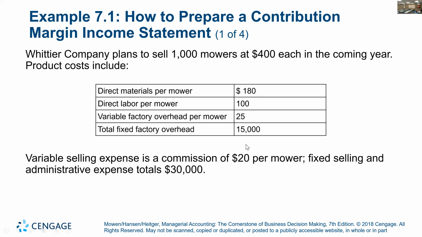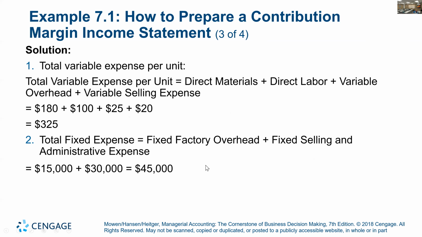So 900 plus 20, 110, $135 per mower in variable cost. We have to multiply it out by 1,000 to get our total variable cost. And then we have total fixed cost of 45,000. So there we had that 325 variable expense per unit, total fixed expense